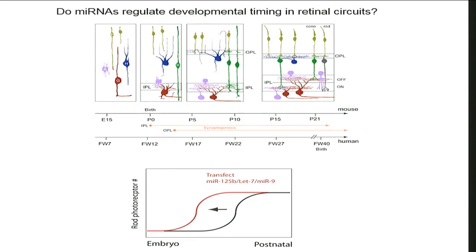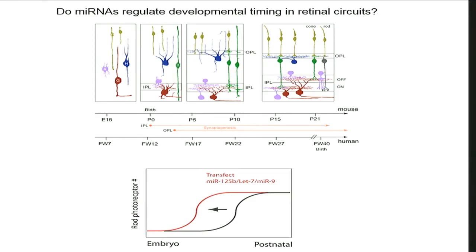I should say, in reference to Steve's talk, when we talked at the last Allen meeting and we heard him talk, I thought, well, it would be nice to have an independent measure of time in the retina, because what we have is we can measure the developmental time based on the RNA-seq, the presence of these different cell types, et cetera. But if we really start to manipulate the time in the retina, it would be great to have something that was an independent clock.